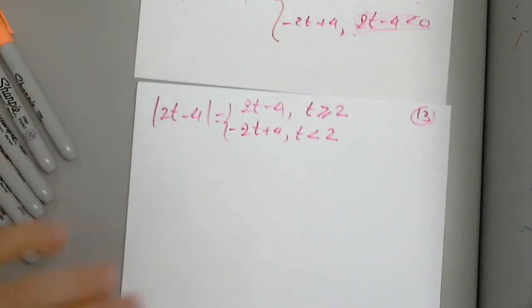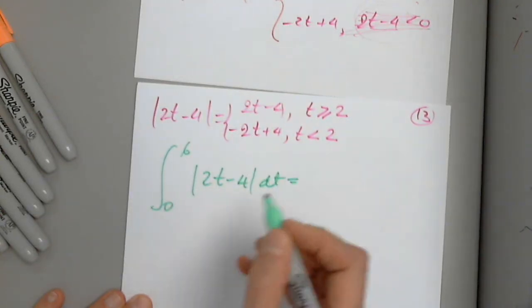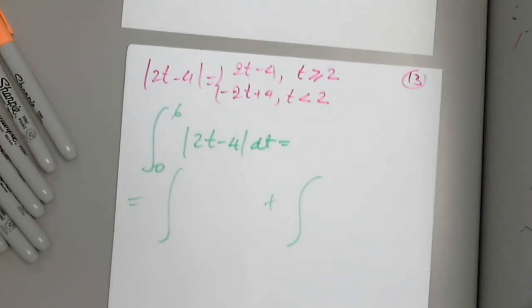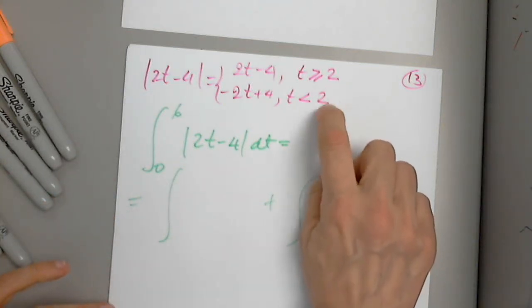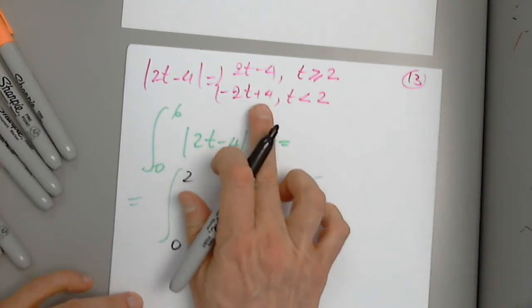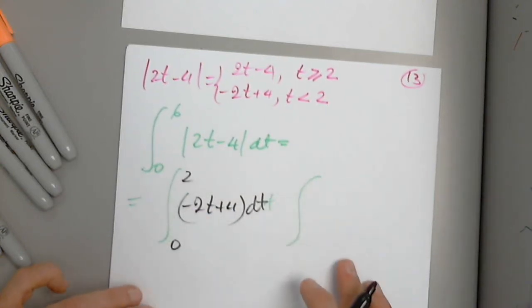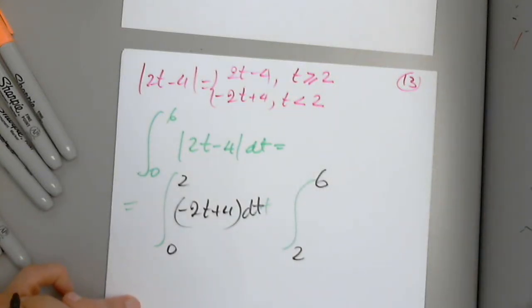So coming back, I'm going to copy the integral here one more time. And please dictate. I know you're going to dictate the sum of 2 integrals. So what is the first integral? 0 to 2. Very good. Is it clear why it's 0 to 2? Everyone? Okay, from 0 to 2, from negative 2t plus 4, agreed? Plus, from 2 to 6, indeed, from